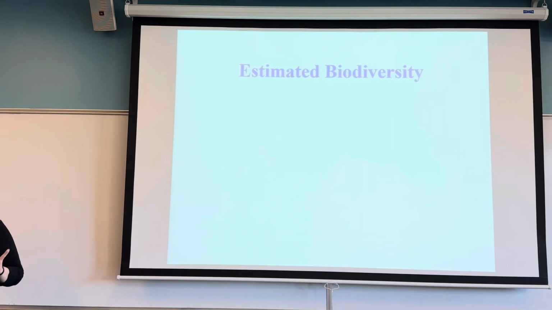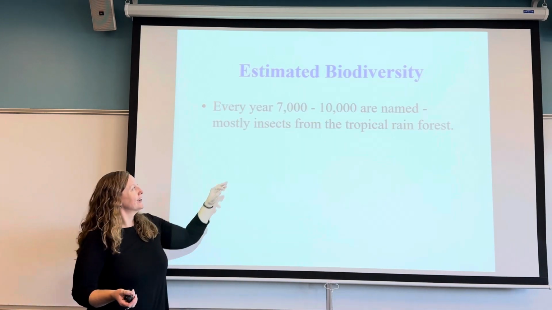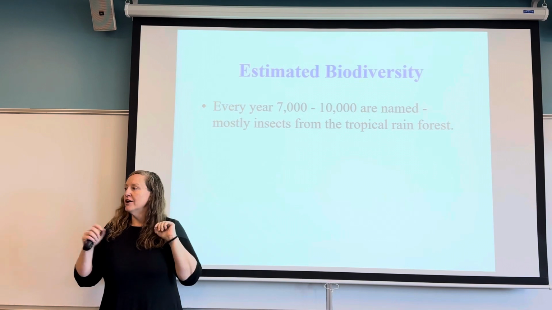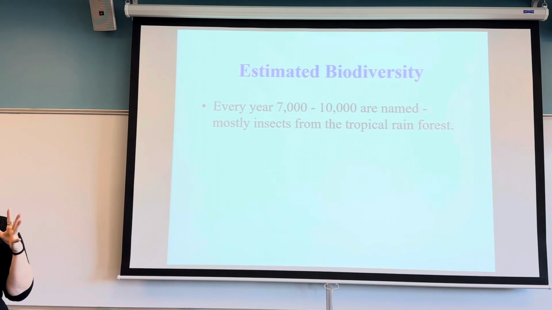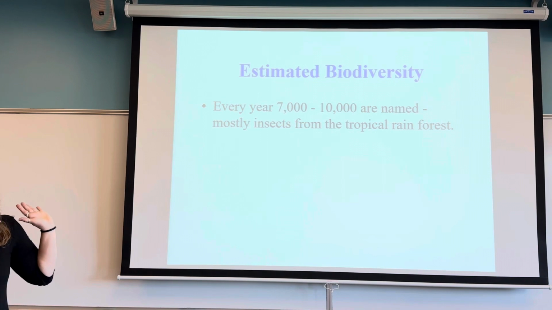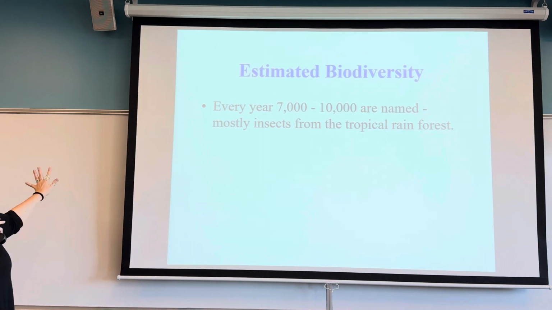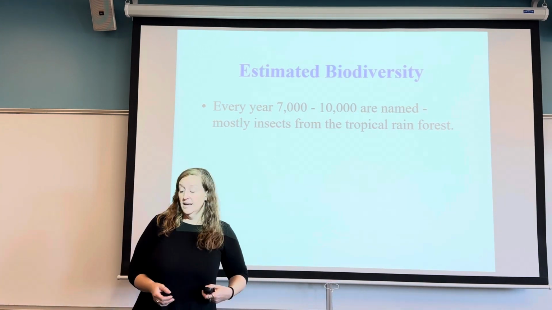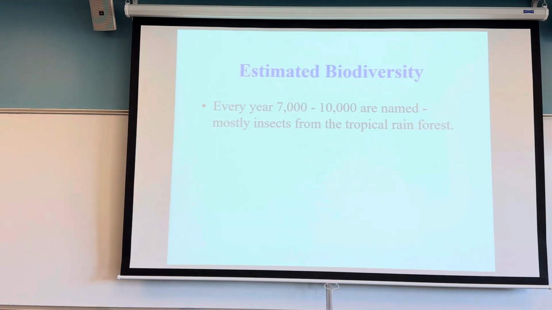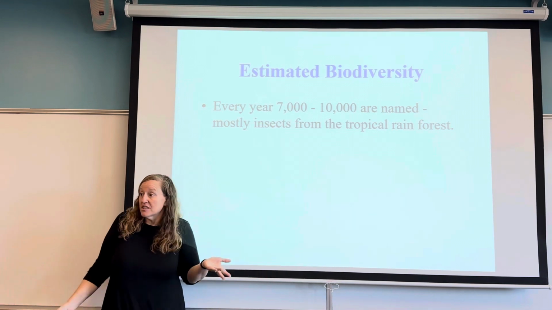All right, so let's talk raw numbers. Estimated biodiversity. So this is where about every year, you could go out and you could name a new species. Oh, a student, I can't remember, was telling me that they took a class where they went camping for a week somewhere up north, and the professor they were with said you could discover a new species, which they often did in this area. They were looking at insects specifically. And so there's the excitement of, ooh, I could discover something new, right? So even you could be part of a class that discovers something new.